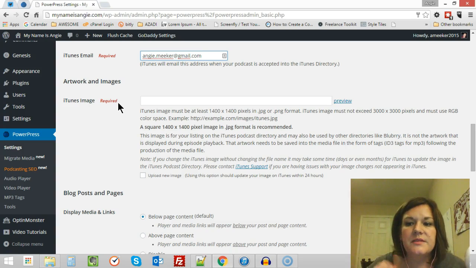It might be used elsewhere too. The Blueberry directory is one example of a place where it might be shown. There are lots of places on the internet where people aggregate podcast feeds, and that image might be part of where that would be shown. So what we want to do here is